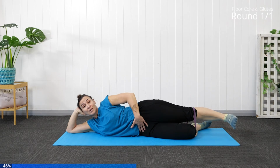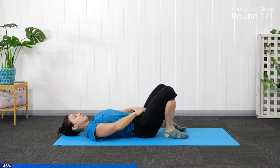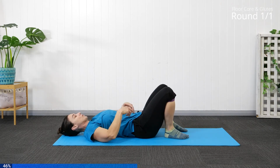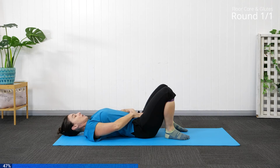Now we're going to take a nice deep breath, tucking through that core. We're going to roll over onto your back again, please, and just reset your position through shoulders, hips, knees. Feet are nice and stable on the floor. Make sure those knees are out. Flatten again through your core area, so in between those hip bones, drop it down and relax through that rib